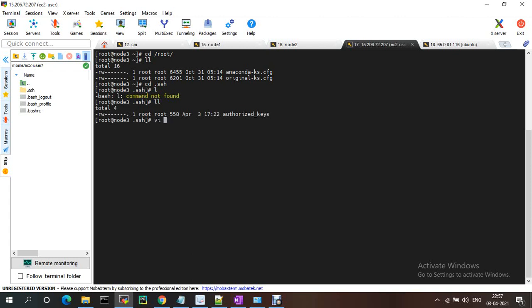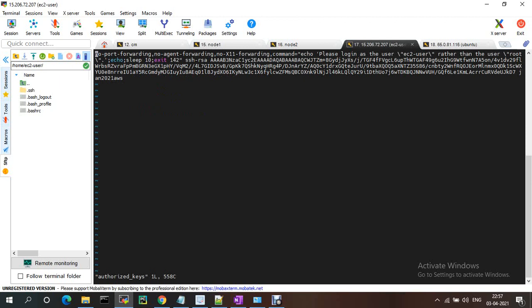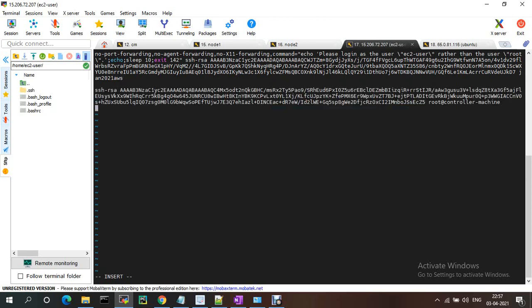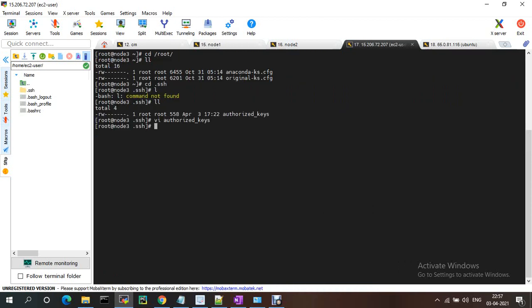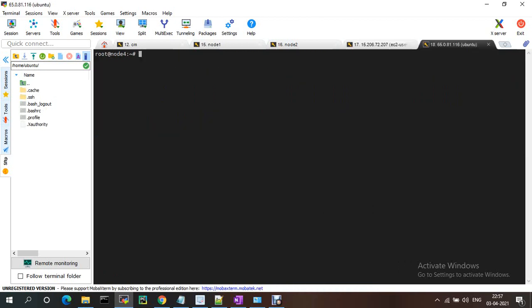So under authorized_keys, I'm just adding this one. Okay, same way I just added in the other node as well.